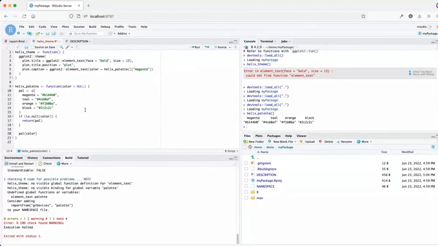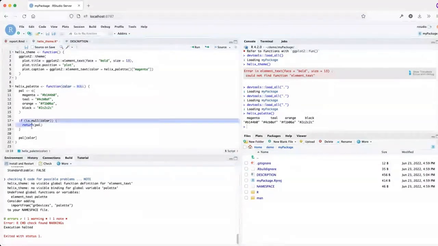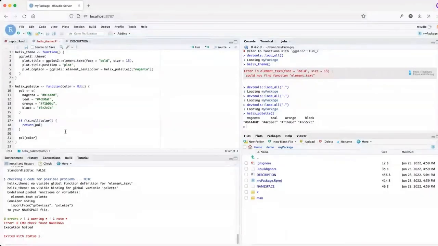You can make this function a little bit more complicated. The nice part about writing functions is you can really help people do the right thing by guiding them in your arguments, in tests around those arguments, and in the messages that come up. So actually, let's do that.